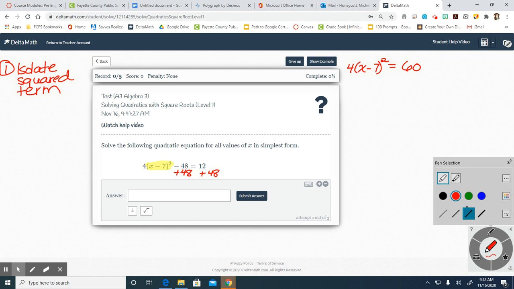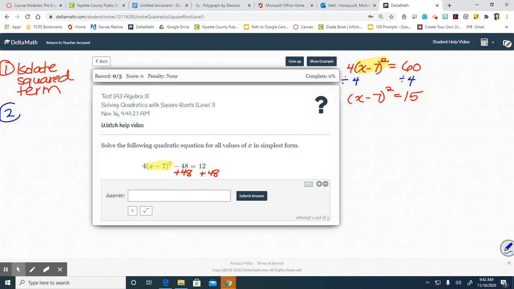Then, have I isolated my squared term? And just a reminder, the squared term is this parentheses that is squared. No, I have not. I'm going to divide both sides by 4. So divide this side by 4, divide this side by 4. So now I have the quantity x minus 7 squared equals 15. Okay, next step